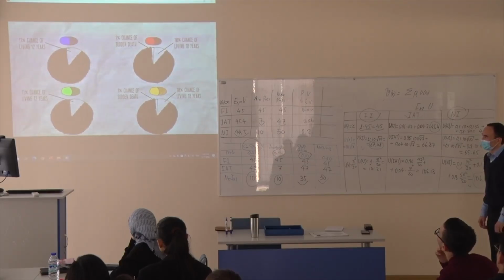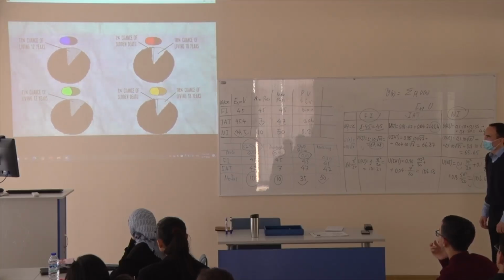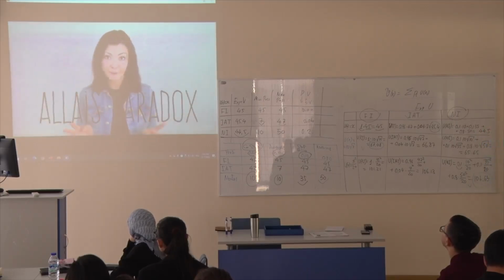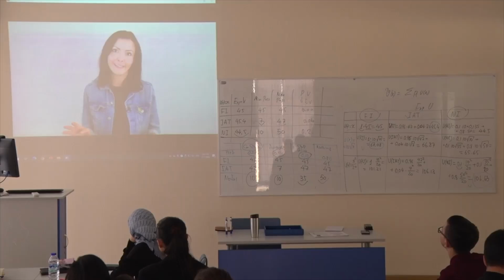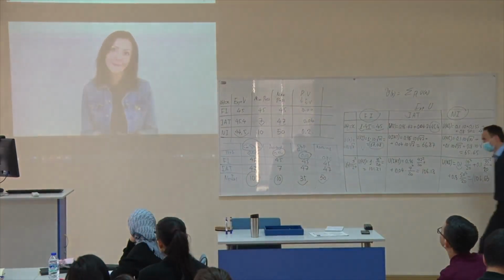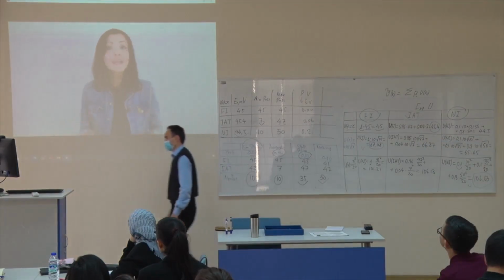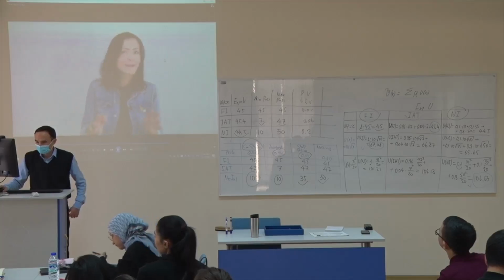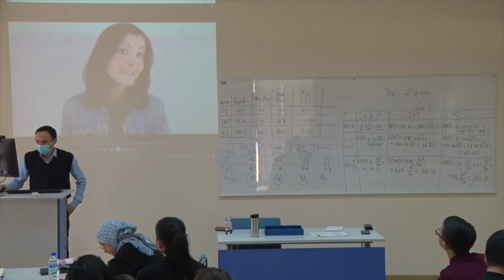Both the blue and the green pills give you a higher chance of living over the chance of a longer life. And the red and yellow pills give you a chance of a longer life, but with a drawback of a lower chance of living. So for people who choose the blue and yellow pills, what do they want? A higher chance of living or a longer life? This is called the Allais paradox. It was first outlined by Maurice Allais, a Nobel Prize-winning economist, in a 1953 article. The paradox undermines the theory of expected utility because it shows that we don't always make decisions that align with our wants and needs.